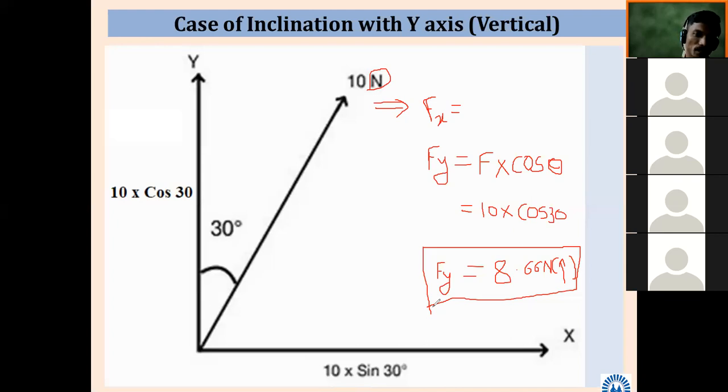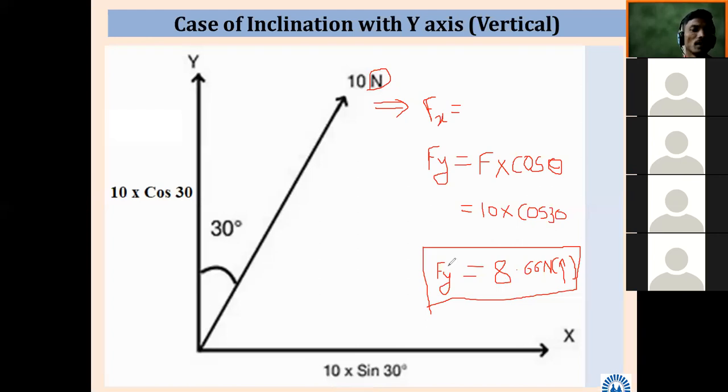So here again, for those who joined our lecture late, why have I taken cosine for Fy? What should be your answer? Who will tell me why I took cos here for Fy? Correct, because whatever the force of 10 kilonewton, the angle is given with the y axis. So we have calculated the Fy component.